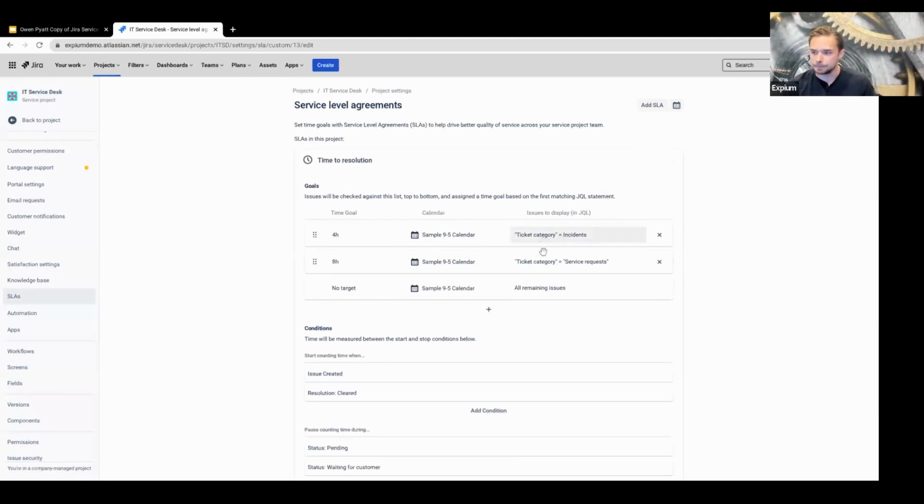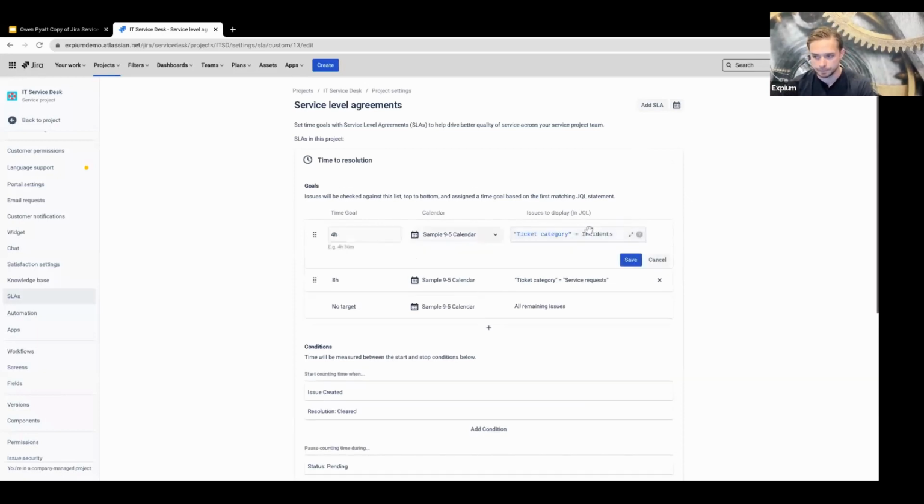You're actually not able to. So once again, our SLAs are built off of JQL. So you can get your JQLs as specific as you'd like. You could break it all the way down to every single request type having, which is really common, every single request type having a different SLA